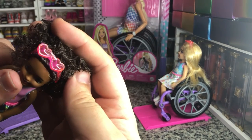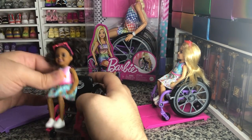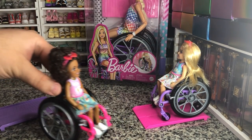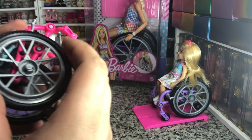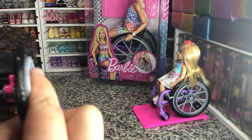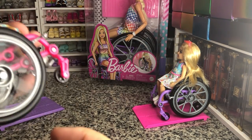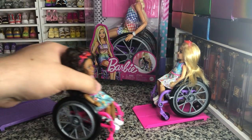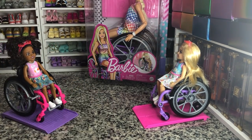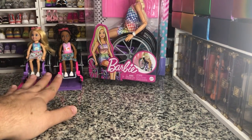So, very cute. Same sunglasses. They are transparent. I'm going to leave them on there because I don't think I'm actually going to rebody these dolls, just because I don't need the bodies right at this moment. But again, we've got our very cute dolls. I don't know why this one is not spinning as well. Oh, it was not all the way free, that's why. But very cool. And again, if we lock our brakes, she doesn't roll down her ramp. So very cool. I'm glad to add these to my collection